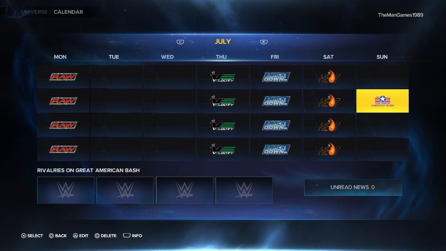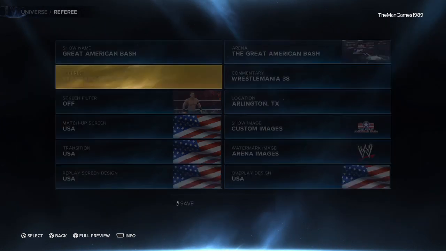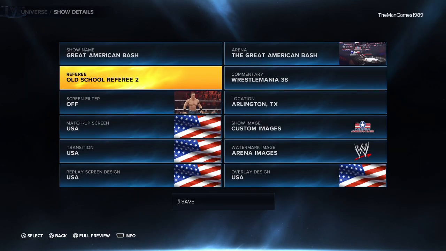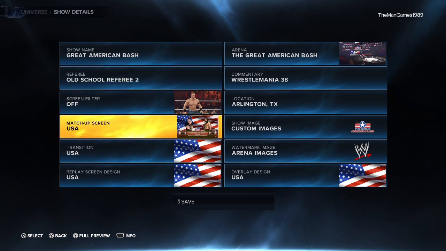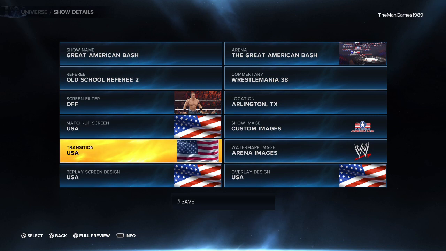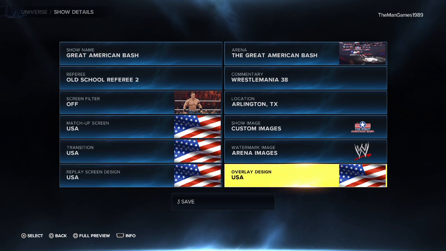And then in July we've got the Great American Bash. So show name, we've got Great American Bash. Then we want the old school referee 2 there. Then matchup screen, we've got USA, same for the transition, same for the replay screen design, and same for the